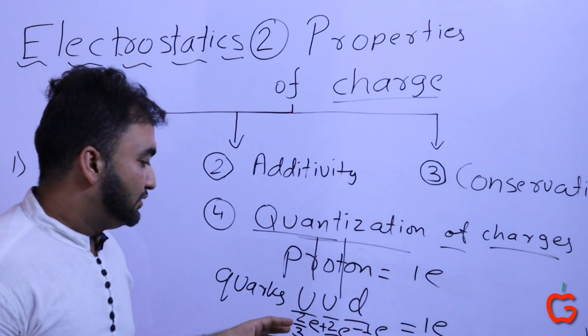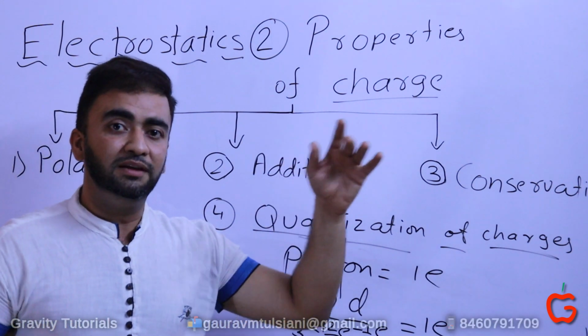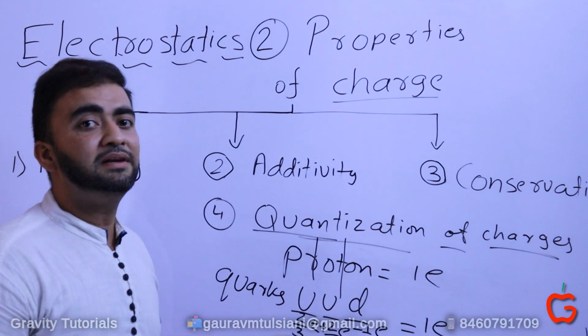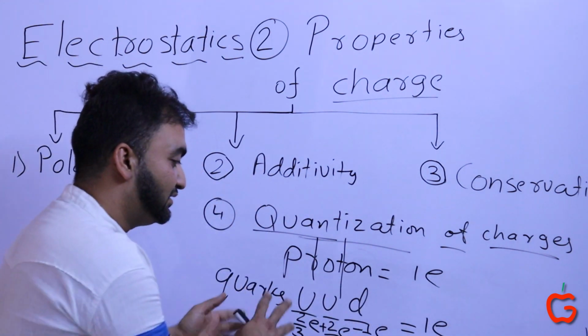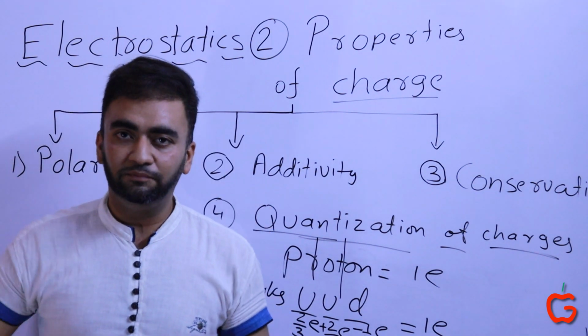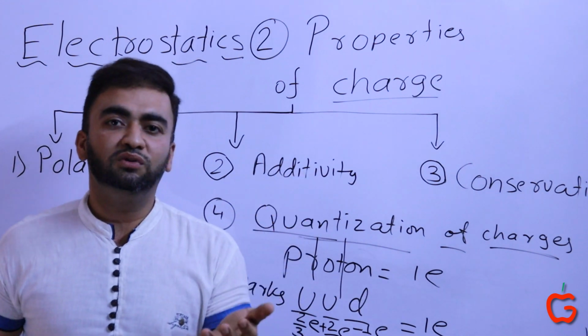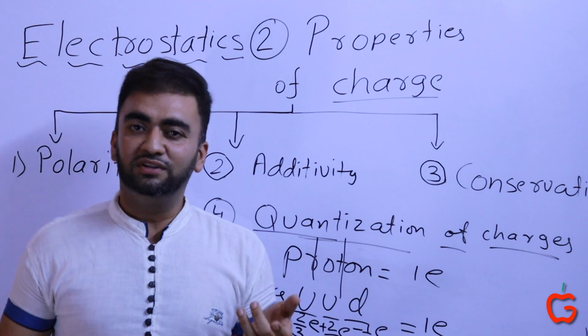So now I am writing fractional charges. We just spoke about quantization where I said charges can only be in multiples of e, no fractional multiples. But now I am writing fractional charges. So the law of quantization is not wrong, and neither is this wrong. So this is the paradoxical question I am introducing today. Try to write your answers in the comment section. The correct answers will be shown in the next video.